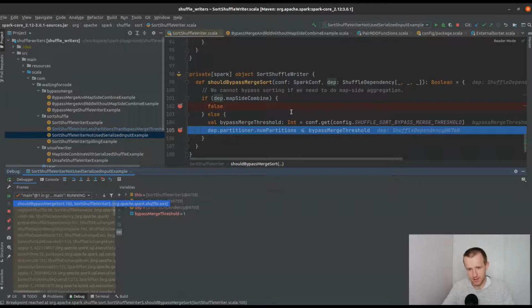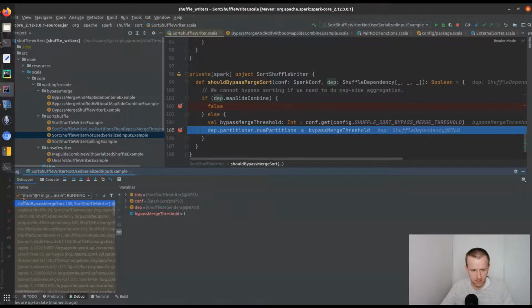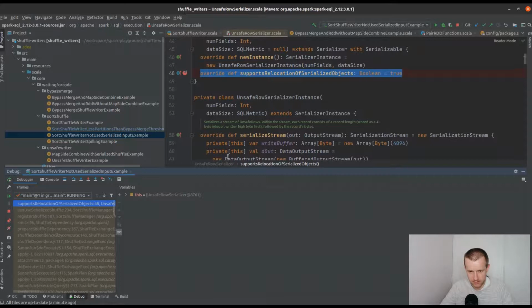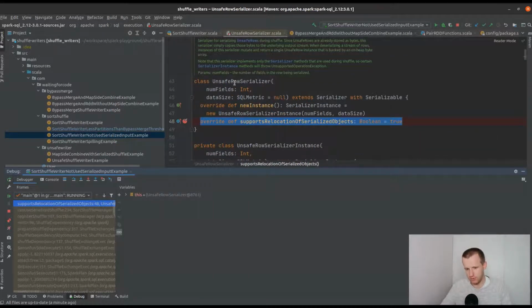That's a concept that I will explain in a dedicated blog post on the unsafe shuffle writer. You will see this here, because to operate on unsafe rows, we use the unsafe row serializer, whose supportsRelocationOfSerializedObjects method returns true,